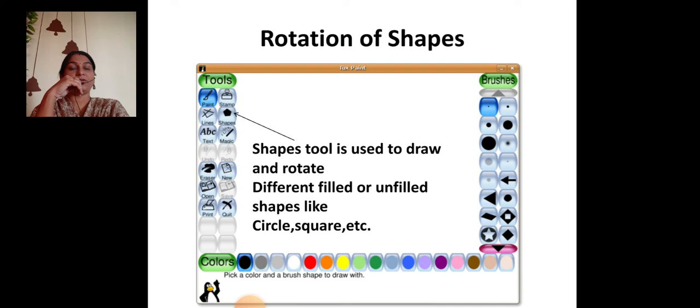Once you select your desired shape size, release your mouse button. Okay, then your mouse pointer will turn into a spinner arrow. With the help of this arrow you can rotate your shape according to your choice. In this way you can rotate the shapes in TuxPaint.